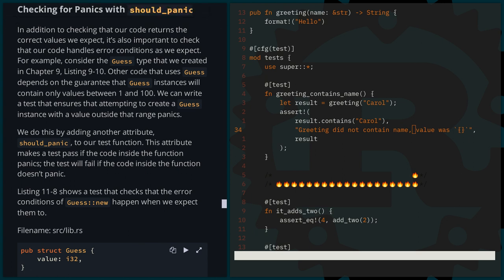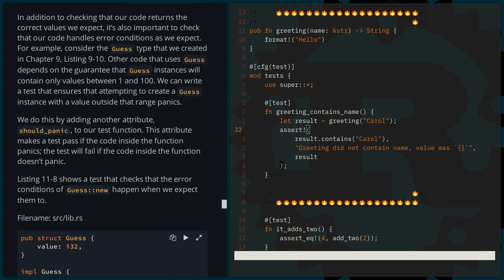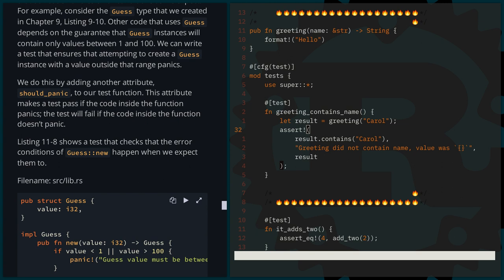Checking for panics with should_panic. In addition to checking that our code returns the correct values we expect, it's also important to check that our code handles errors as we expect. For example, consider the Guess type that we created in Chapter 9, Listing 9-13. Other code that uses Guess depends on the guarantee that Guess instances will contain only values between 1 and 100. We can write a test that ensures that attempting to create a Guess instance with a value outside that range